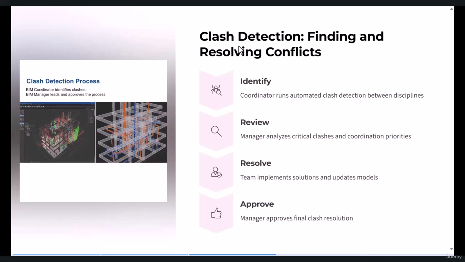Up to here, we understood that the technical clash detection will be done by the BIM coordinator. In fact, the architectural, mechanical, and structural models will be gathered by this person, who will check them and find, for example, the clashes in the model, like pipes, walls, or beams. So clash detection is done by that person, but the BIM manager is the leader of the clash detection process.